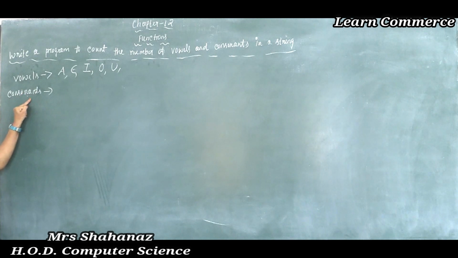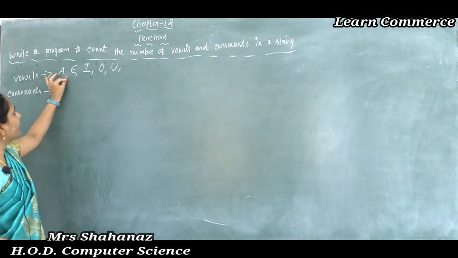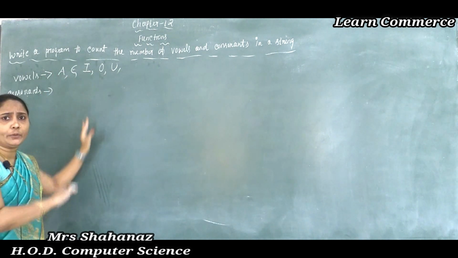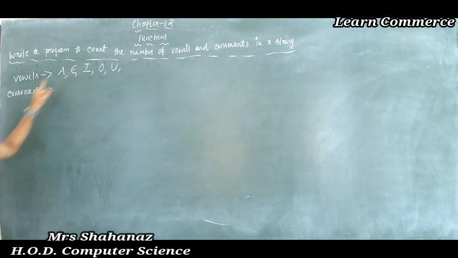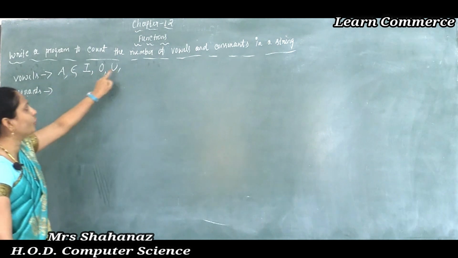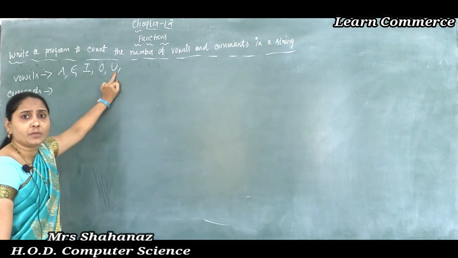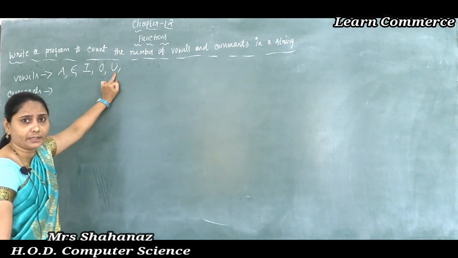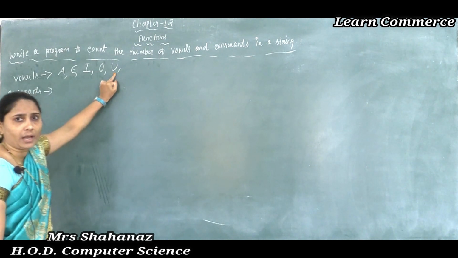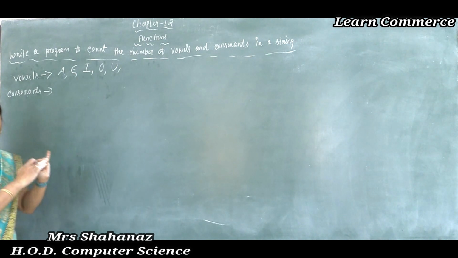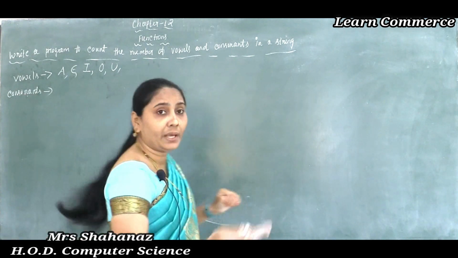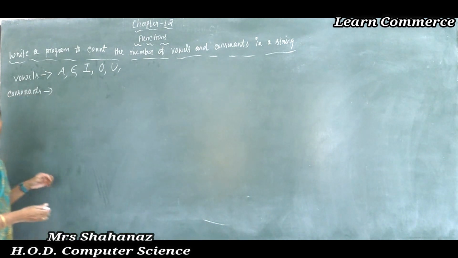And other than these, B, C, D, correct here? B, C, D, and later after that till Z, B to Z, all these letters are called consonants. That means, as we know, the vowels are A, E, I, O, U here. So all those letters that do not come under the vowels are called consonants. Clear this point? Maybe B, C, D, like that, H, M, N, or maybe P till Z. So all letters are called consonants here.